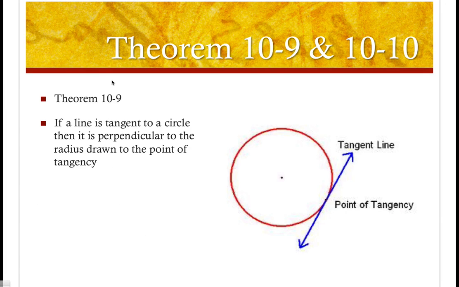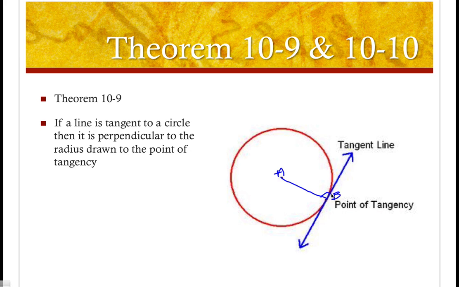So we have two different theorems that are kind of like converses. Theorem 10.9 says that if a line is tangent to a circle, then it's perpendicular to the radius drawn to the point of tangency. So for instance, if we have this circle, and let's say this point is A, and we have a radius going to our point of tangency at B, the theorem says then that our radius is going to be perpendicular